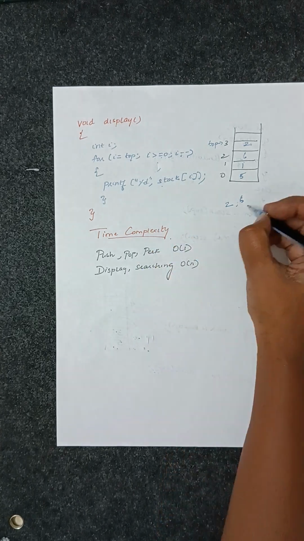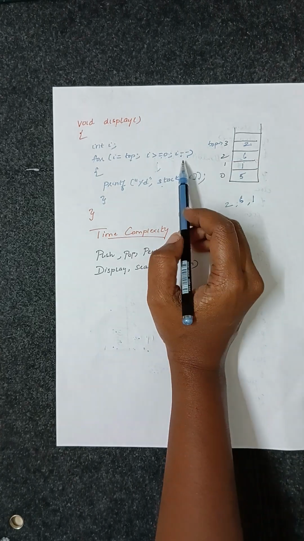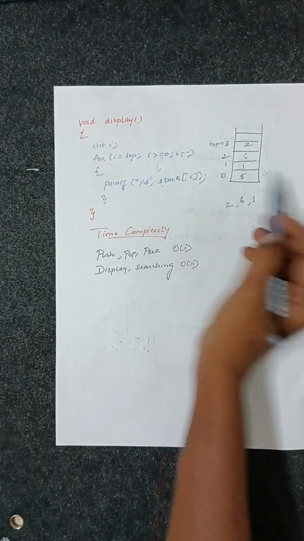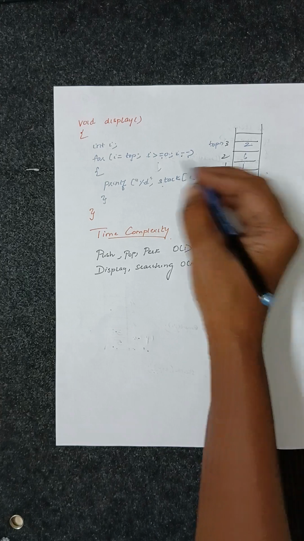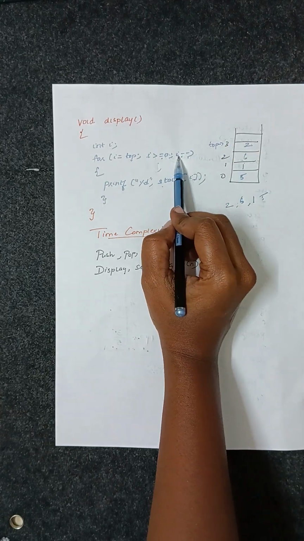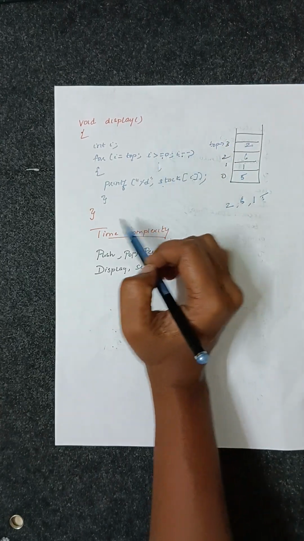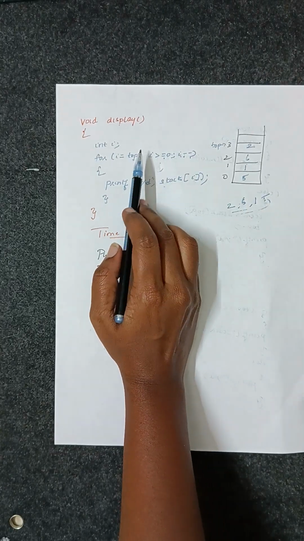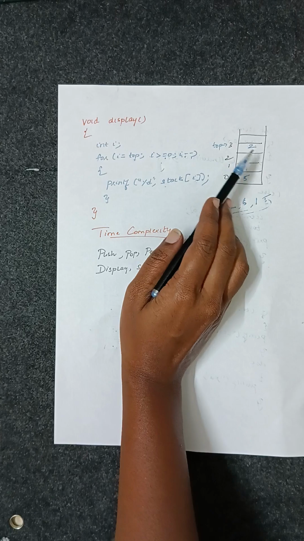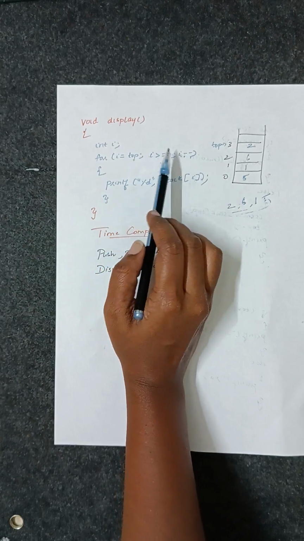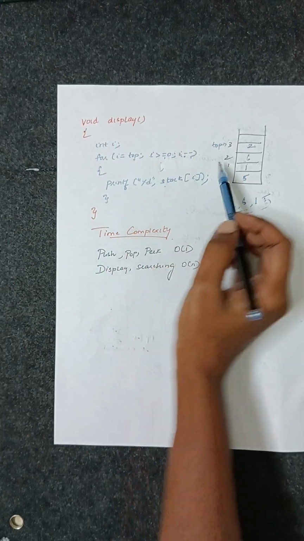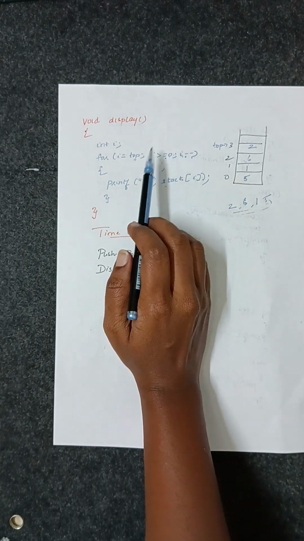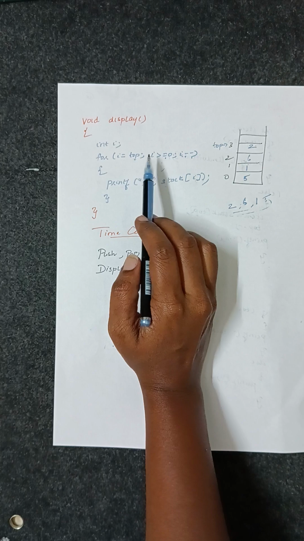Stack of 1, what will be printed? 1. Again it will be decremented to 0. 0 greater than or equal to 0, condition true, stack of 0 is 5, so 5 will be printed. Again i minus minus, what will happen? i becomes -1, the condition is false, and it will come out of the loop. So this is how the display operation will be performed using a stack. You need a loop to print all the elements in the stack. So we learnt about push, pop, peek and display operations,